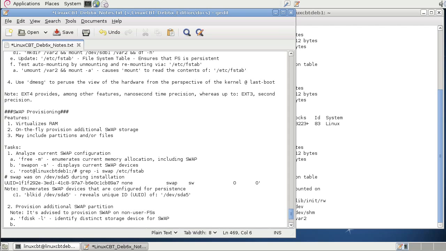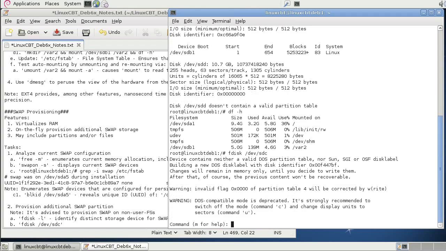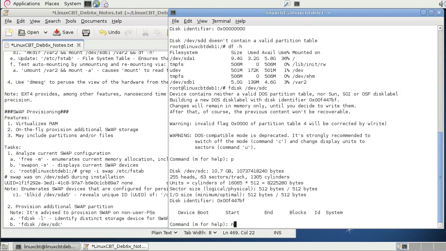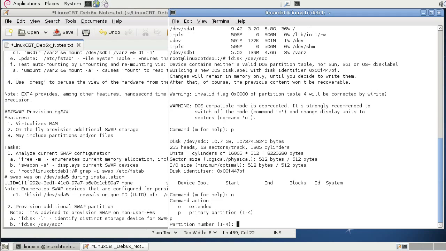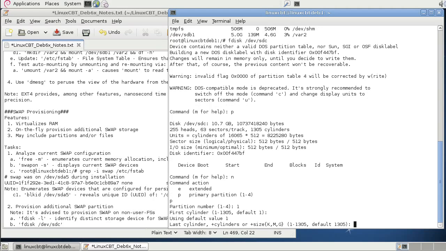So the next step for us will be to use fdisk yet again against /dev/sdc. So we've identified /dev/sdc. And once connected, we'll examine the partition table and then create a new partition. So let's go ahead and fdisk /dev/sdc, print the table, it's blank, new partition, primary, it's the first partition, partition number 1, so this will become /dev/sdc1, and it'll begin at the first cylinder, and we'll determine how